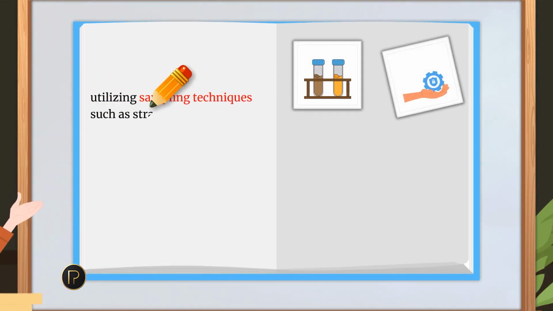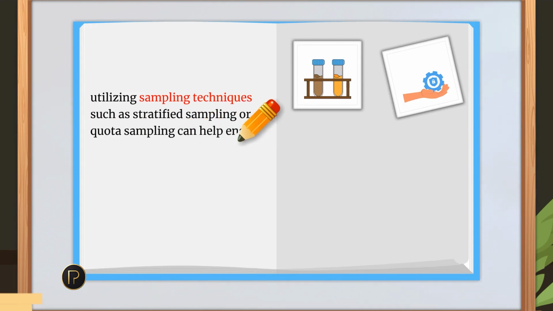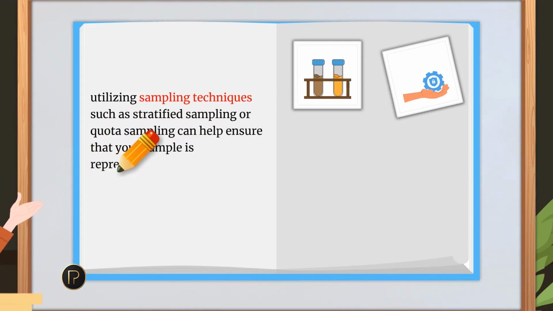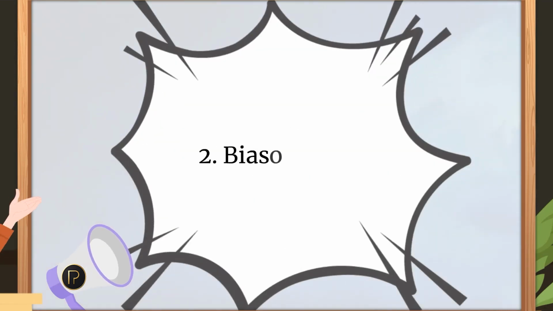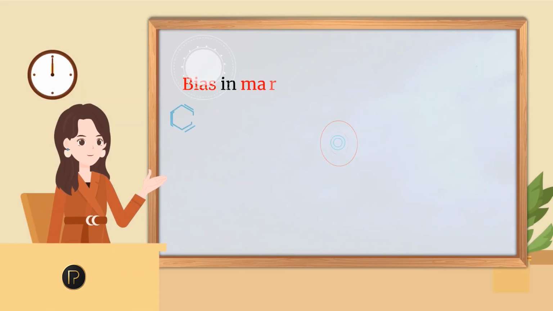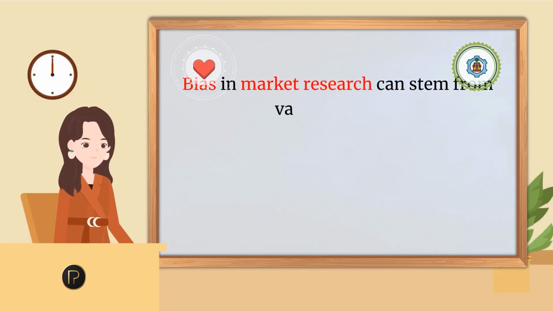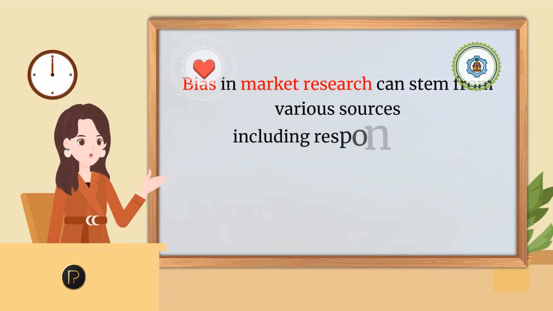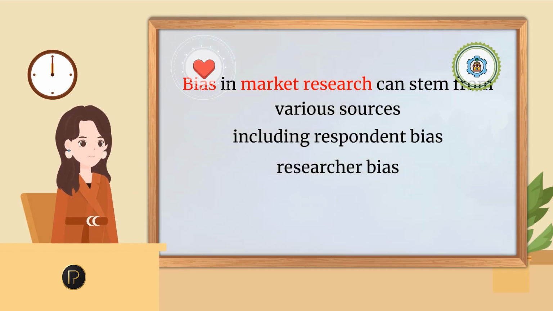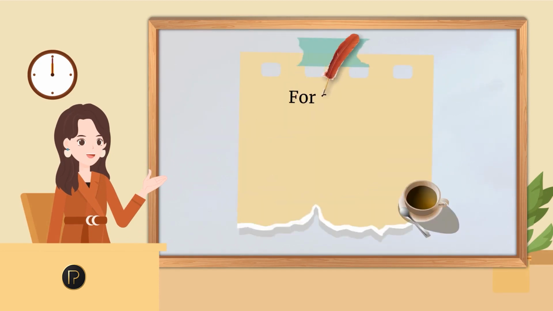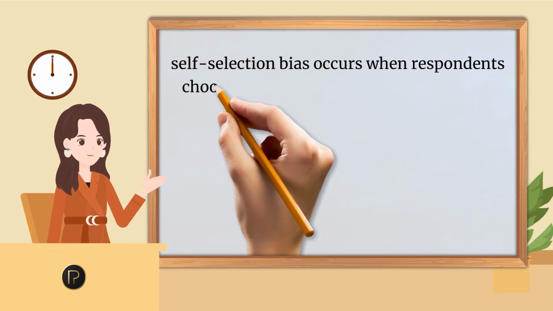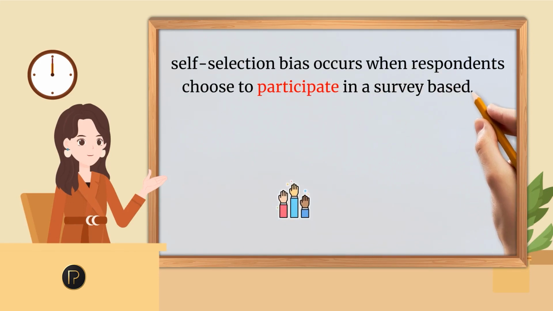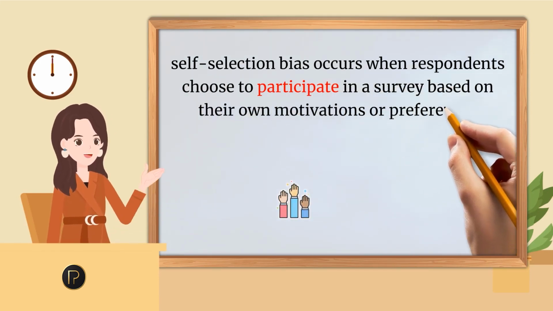Additionally, utilizing sampling techniques such as stratified sampling or quota sampling can help ensure that your sample is representative of the larger population. 2. Biased data. Bias in market research can stem from various sources, including respondent bias, researcher bias, or sampling bias. For example, self-selection bias occurs when respondents choose to participate in a survey based on their own motivations or preferences,